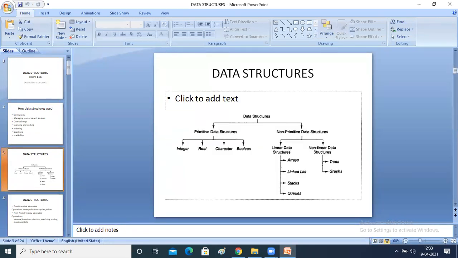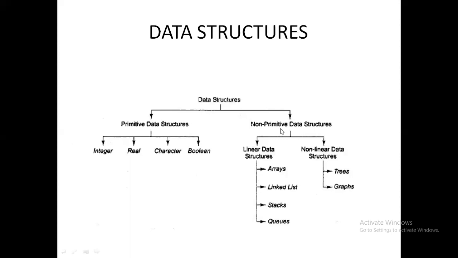I think all these concepts were discussed previously by Sampath sir. That is, what are types of data structures, what do you mean by linear data structures, and what do you mean by non-linear data structures. In the first chapter, we will be discussing arrays. In the coming chapters, we will first discuss stacks and queues, next linked lists, and next trees and graphs. So the whole syllabus you can see here on the screen.